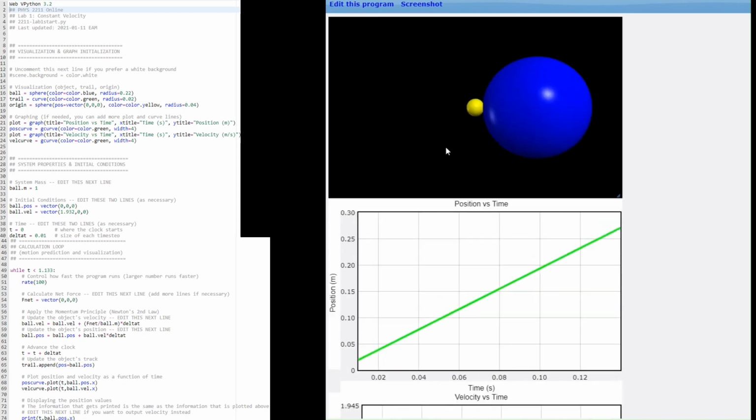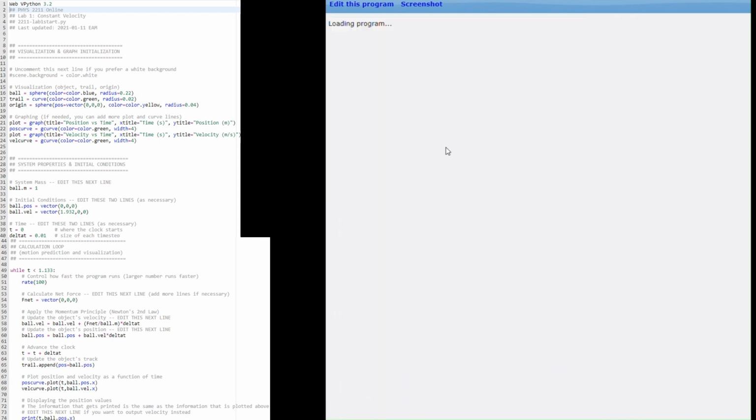And that resulted in this video. So as you can see, the ball moves at a uniform rate. The velocity is not changing, but the position is changing at a constant rate. That is the constant velocity. And it looks pretty similar to the